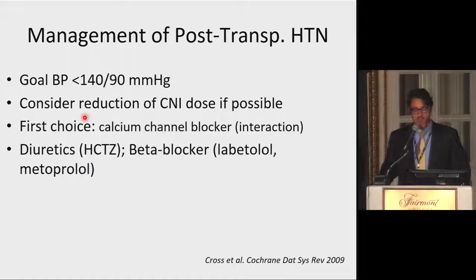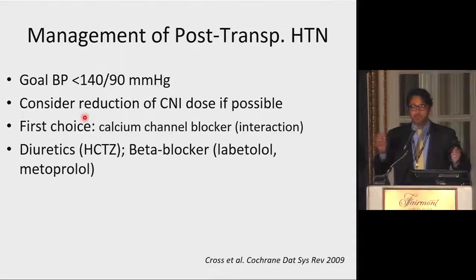So what's the management of our patients post-transplant, not considering the renal artery stenosis? First of all, there's no data to suggest the exact goal of blood pressure, so we extrapolate from what we know from other studies. For sure it should be below 140/90 and maybe even lower in some diabetic patients. We always have to consider reducing the CNI, because I showed you that significant effect of the CNI on blood